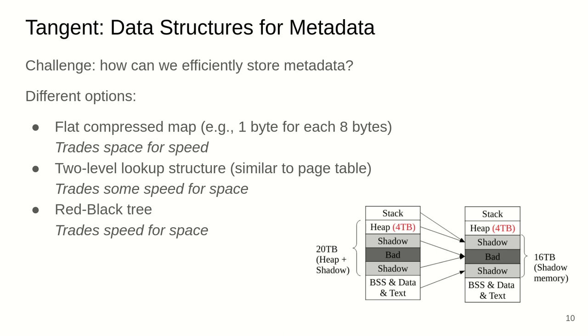This trades some speed for space because we have 2 lookups at the same time. The last option would be a red-black tree, which trades a lot of speed for a lot of space. Right? So the flat compressed map requires a massive amount of virtual address space, but is fairly performant to implement. The red-black tree is terribly slow, but requires very little space. So you've got the 2 points on the design scale here, allowing you to choose which one is the most